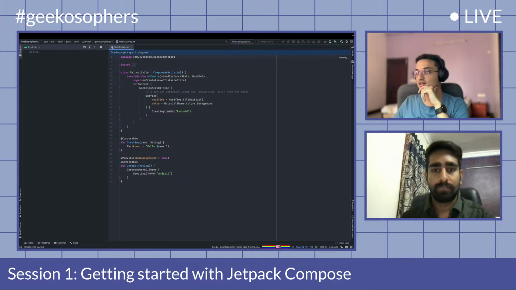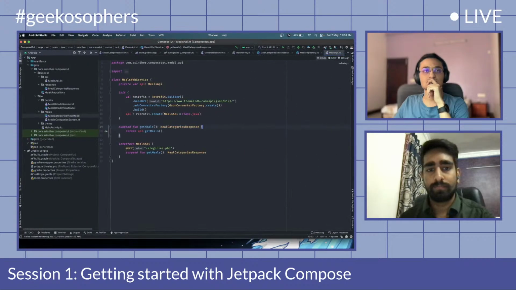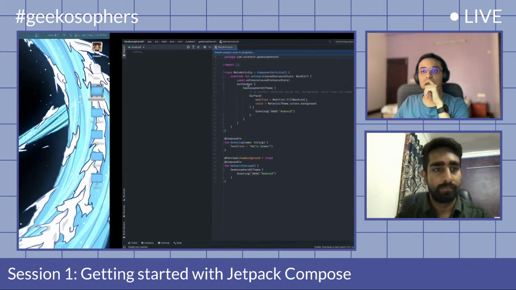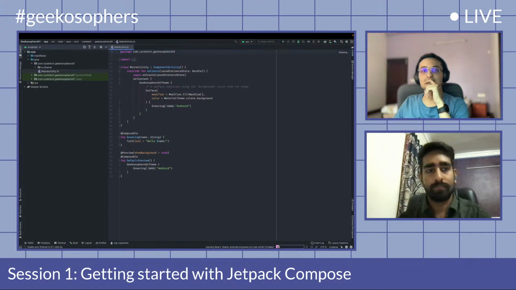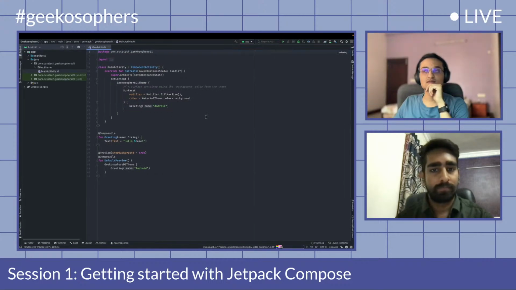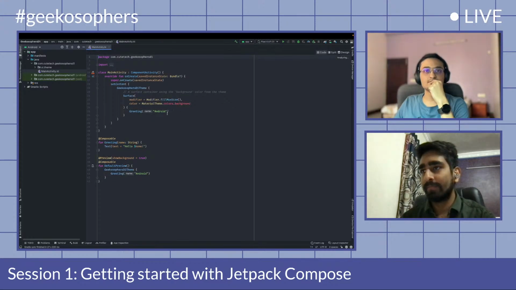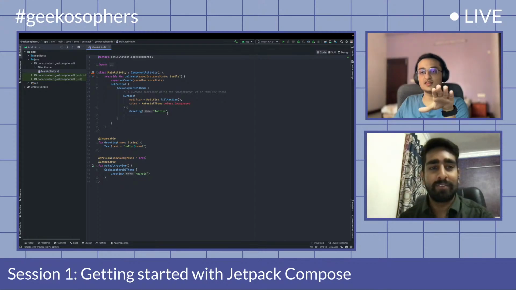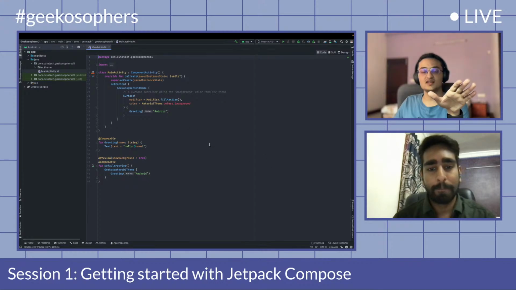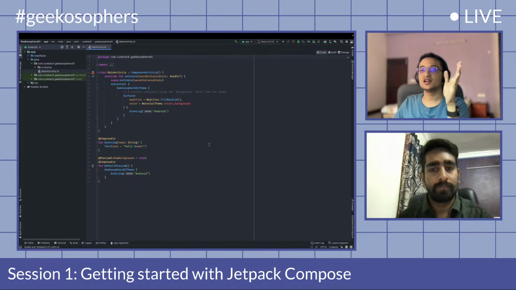Let's let it load. So how is the setup? You are just starting a new application, right? Yeah. This is different from the conventional setup, basically. This is just the boilerplate code that we get from creating an empty compose